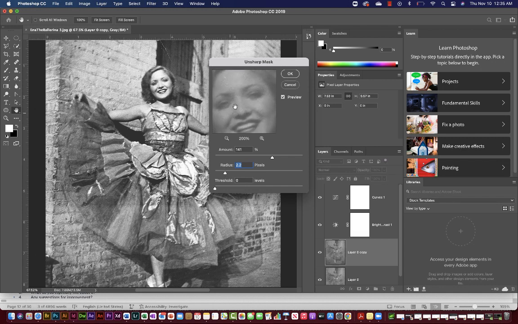So you can preview what you're doing in this space, and then if you want to see what it looked like before, hover over the preview with this hand tool and press your mouse. So this is before, and then when I release this mouse,